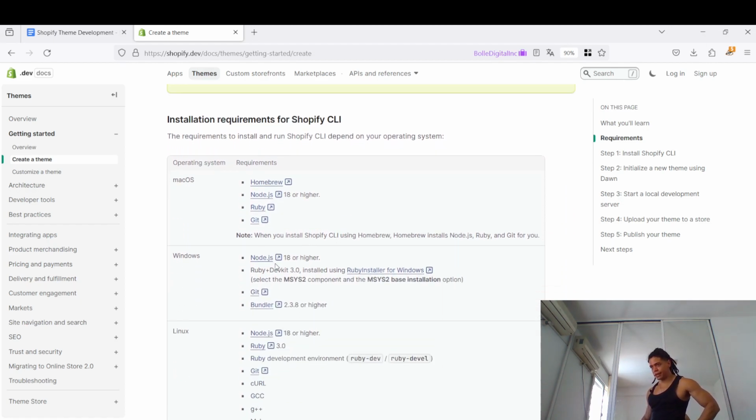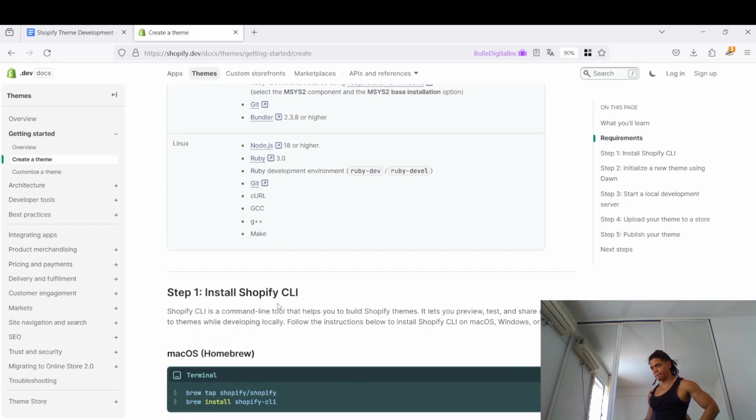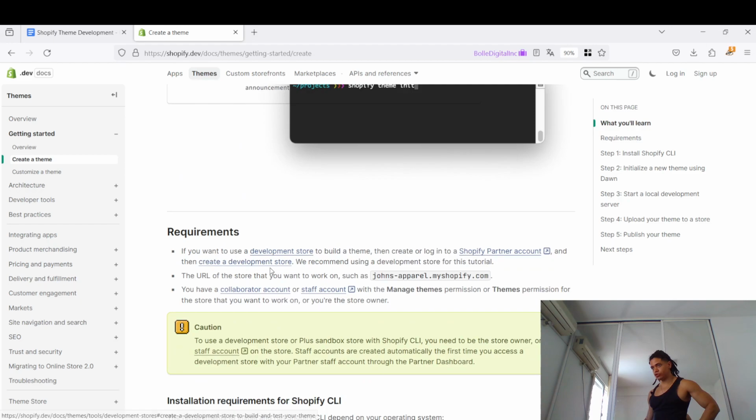Installation requirements: Mac or Windows, Node, which I already have, 18 or higher, Ruby DevKit 3.0, installing using RubyInstaller for Windows. But actually I'm going to use WSL: Node, Ruby, Ruby development environment, Ruby dev, Git, cURL, GCC, the compilers, and Make. Okay,